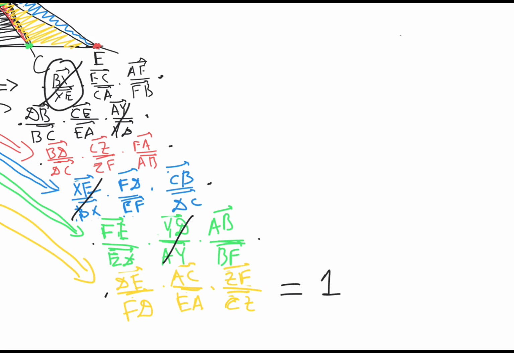Yeah, so now we see that this cancels with this. Right, so now everything that involved x, y, and z has cancelled each other. So what remains is only a, b, c, d, e, f, so all the points that were present in the original statement. So now we have